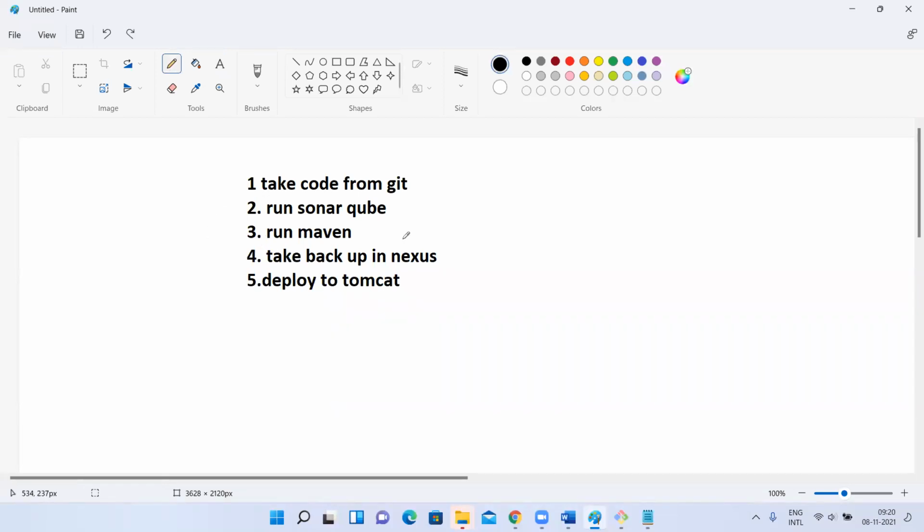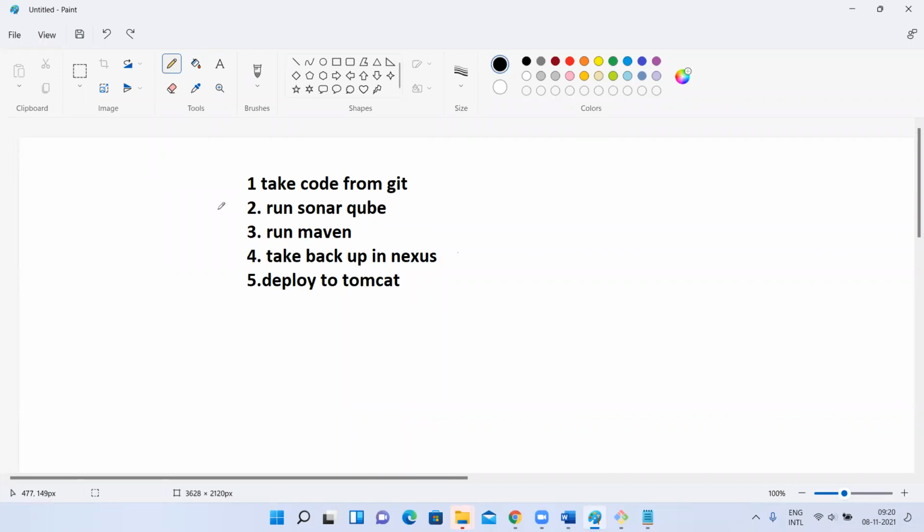No, these are optional. Taking backup into Nexus is optional. Running SonarQube is optional, right? I don't want the backup in Nexus, I can ignore this. I don't want code quality analysis, you can ignore this. That is one important point.